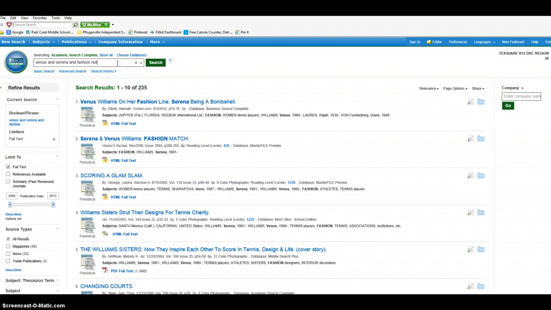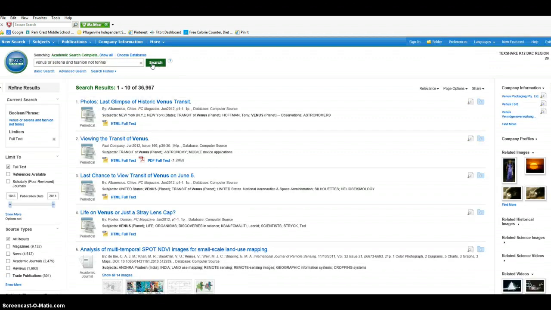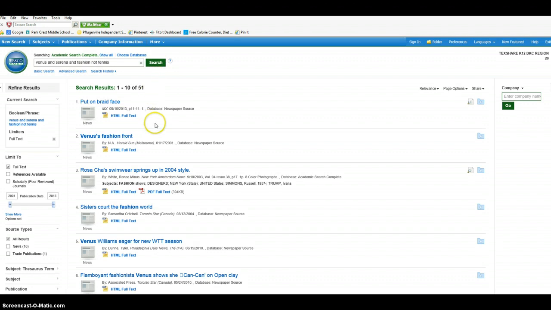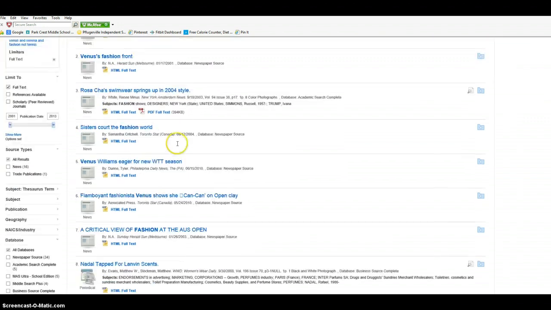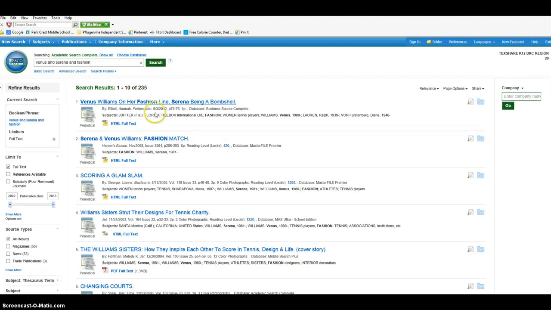Now if I do want to limit it, I could put "not tennis" and tell it to go, and I'm down to 51. What if I did Venus or Serena? I'm not quite sure what that's going to do to my search list. Yeah, it took it back up because now I can use either girl's name. I want both of the girls mentioned and go back down to a smaller list. I've got 51 articles. I'm going to take out the "not tennis" only because I know of an article I'm looking for, and